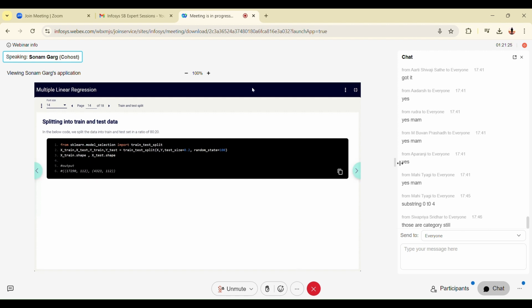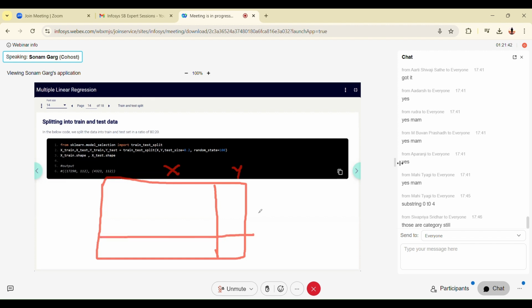So what happens here? I have a data set. This is my x, this is my y. Till now we have done only this x and y split. Now we are doing this as well. Keep 80% of the rows, use only the top 80% x and y values for training.